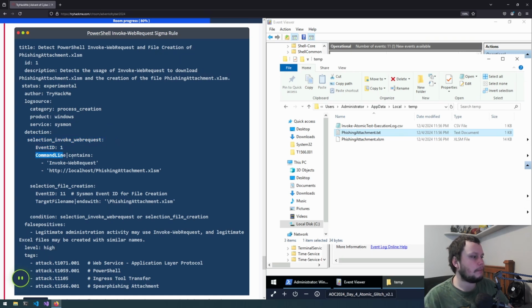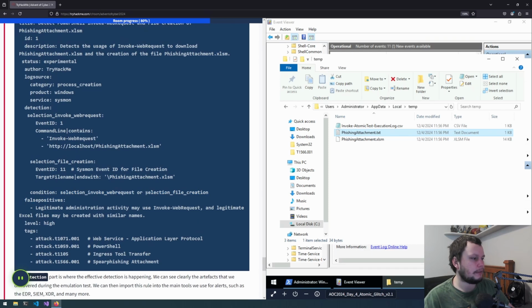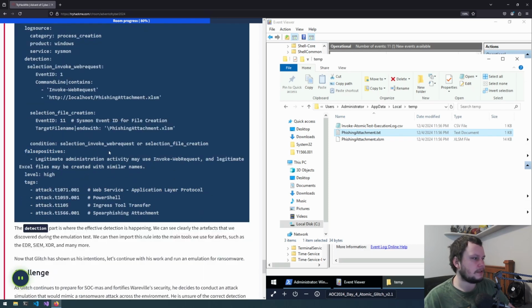selection Invoke-WebRequest has an event ID of 1, and the command line contains Invoke-WebRequest and the Excel file. And then selection file creation, event ID 11, and ends with the Excel file name. And for this rule to trigger, either one can run. So the one may not run, but the other can. So false positives: legitimate administration activity may use Invoke-WebRequest, and legitimate Excel files may be created with similar